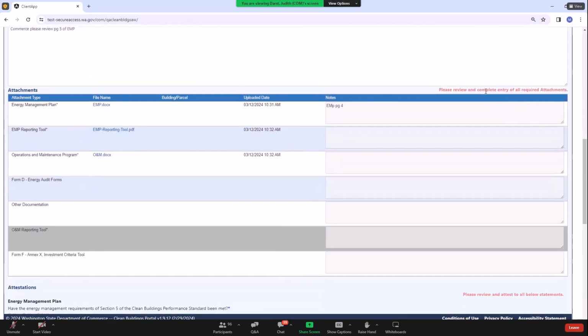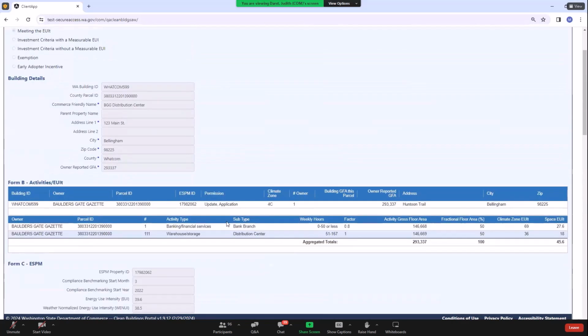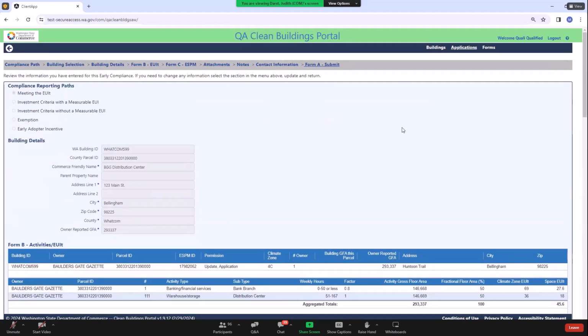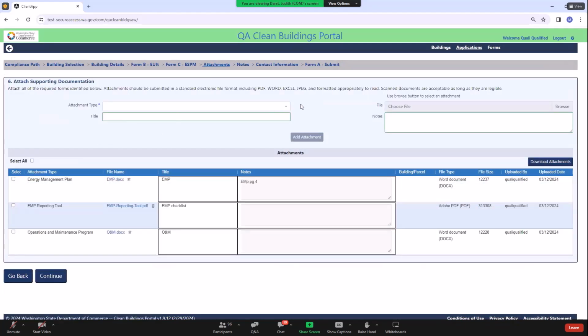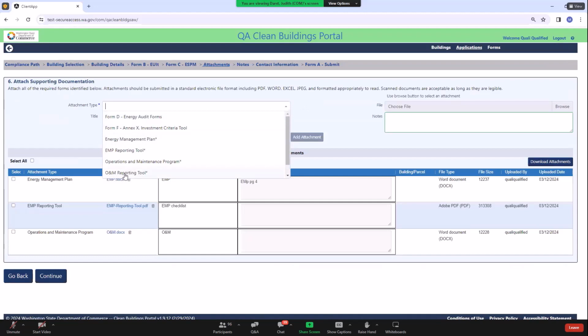Here's the validation. Please review and complete the entry of all required attachments. I missed the O&M reporting tool, and it shows up as a grayed out bar. So it tells me what I missed. And to navigate back to the attachment screen, I can hit attachments